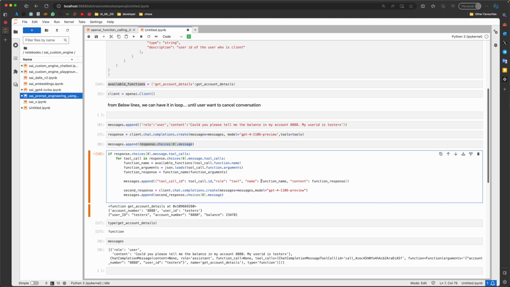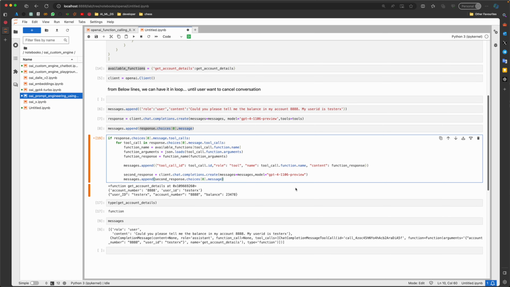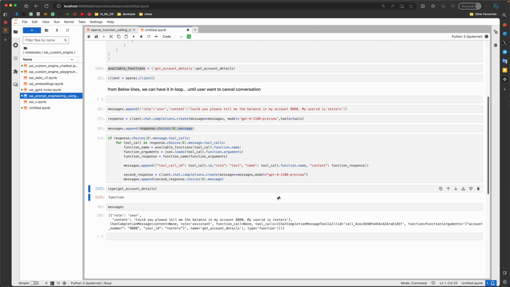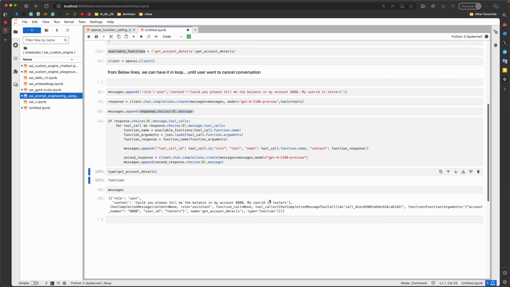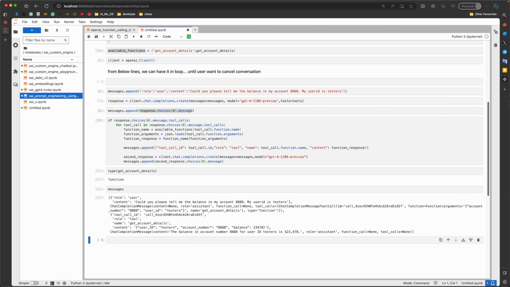Let me see, can the name be the function name? Okay, let me do this way. Okay, let's try. Hopefully I'm going to get it correct this time, and then we're just going to see the messages.